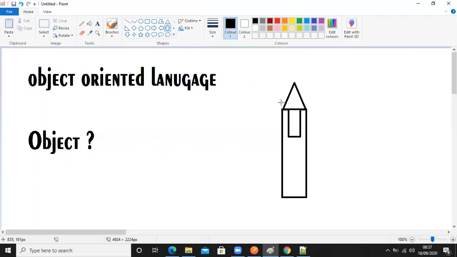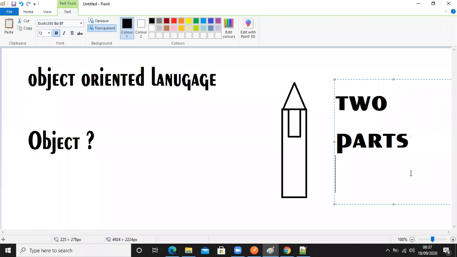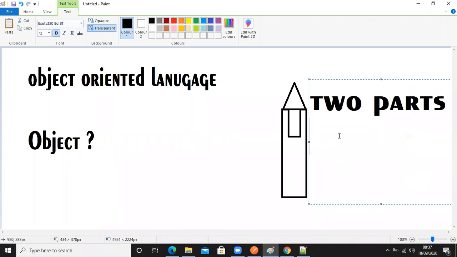If you clearly observe, we need to understand that in an object there will be two parts. I'm not talking about Java or JavaScript; I'm talking about real-time objects. Okay, let us understand that first. Don't always go with the technical thing, thinking only JavaScript or Java has objects. If you think like that, you won't understand anything. First, let us understand what an object is.